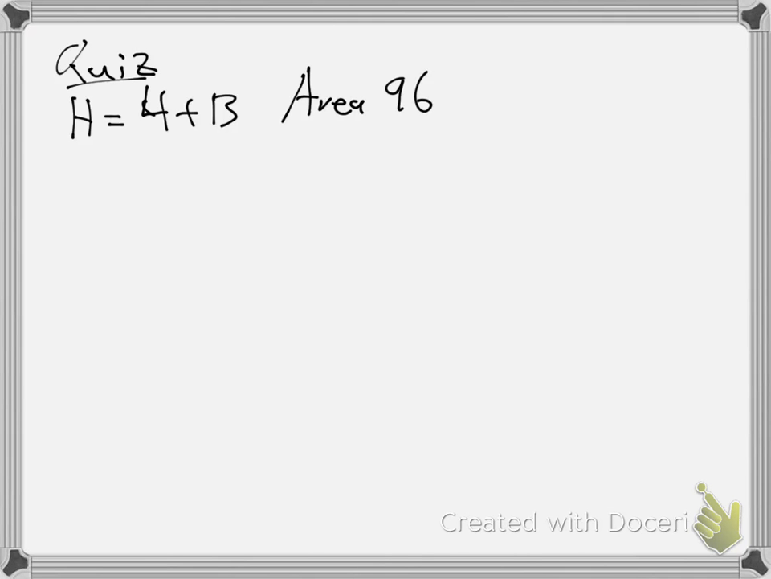Okay, so the quiz question goes like this. The height of the triangle is 4 more than the base, and the area is 96. Those are the basic facts, right? So I just took the sentence, height is 4 more